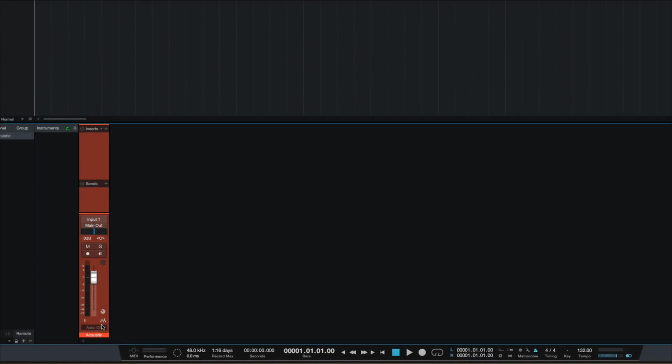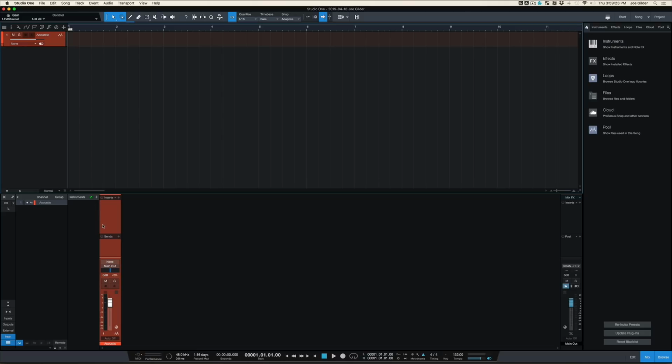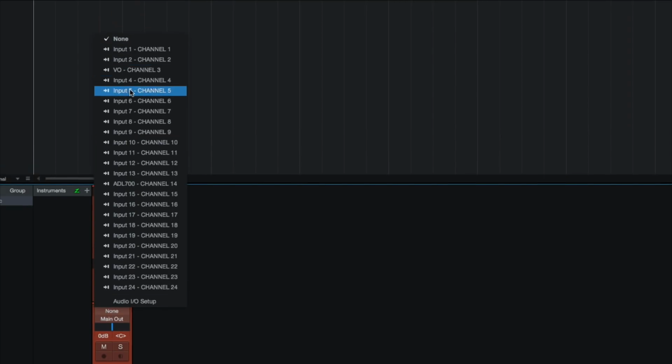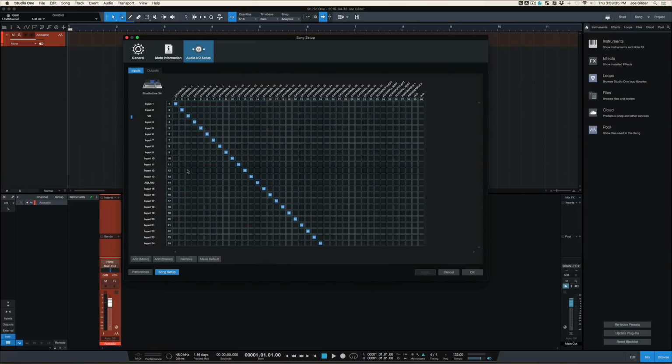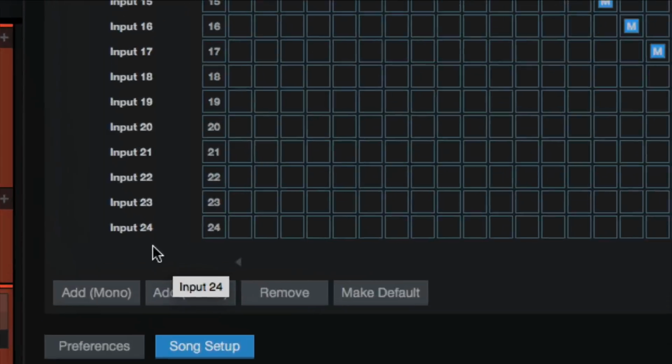Well, let's change it to a stereo track, which we can do up here. And now it's a stereo track, but look, if we go to select inputs, we actually don't have any stereo inputs. It's only these mono inputs that we've created. That's a problem. So we're going to come over here to our I/O setup under inputs,